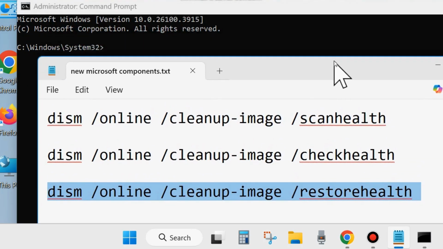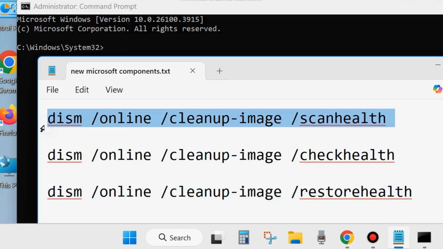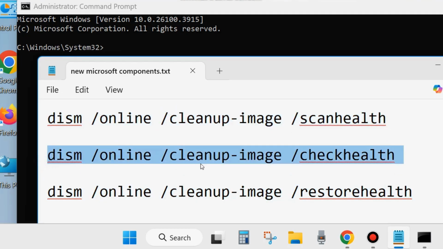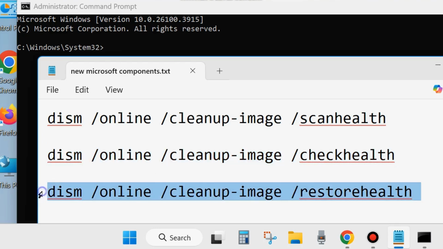DISM /online /cleanup-image /scanhealth, DISM /online /cleanup-image /checkhealth, and DISM /online /cleanup-image /restorehealth. Execute all these 3 commands one by one, followed by the enter key each time in Command Prompt windows, and